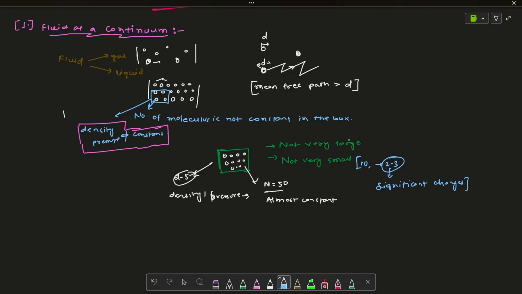And even if the chosen unit volume is too large, there could be a noticeable variation in the bulk aggregation of the particles. Suppose we take 500 particles in the box. That means the box is much larger, so the number of particles which come and go will be larger as well. Suppose 100 particles come and go in that box. That means 100 particles is too much significance to calculate density and pressure in our